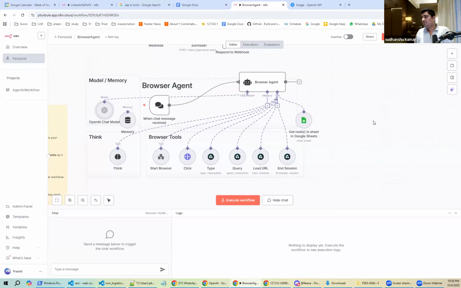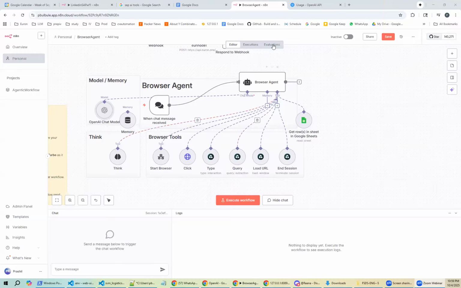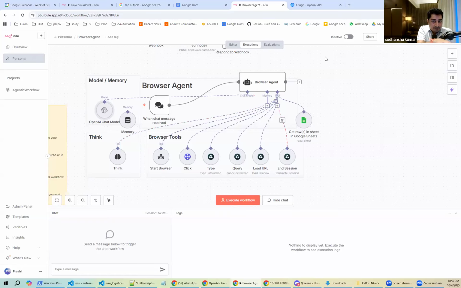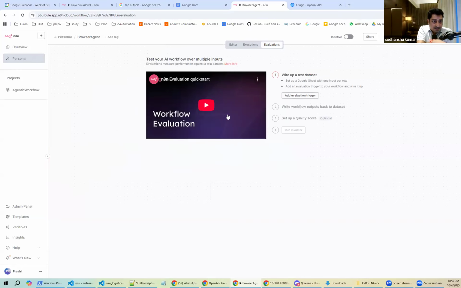ठीक है, उसमें आप टेस्ट डेटा सेटअप कर सकते हो, आप अपना क्वालिटी स्कोर सेटअप कर सकते हो, आप इवैल्यूएशन ट्रिगर वहां पर सेटअप कर सकते हो। जैसे कि आपने ये प्रोजेक्ट सेटअप किया ना, देखिए थर्ड टैब ऊपर में दिख रहा होगा, वो इवैल्यूएशन वाला। हाँ ये वाला टैब। ठीक है, सेव कीजिए, एंड देन इवैल्यूएशन। तो यहां पर बेसिकली आप सारा का सारा चीज वायर कर सकते हो।